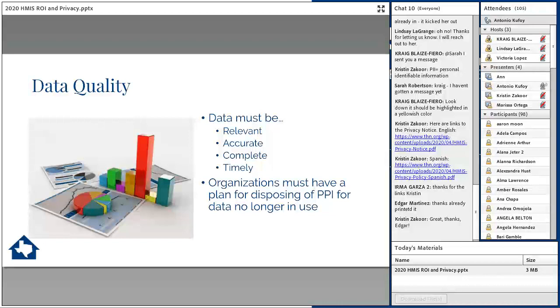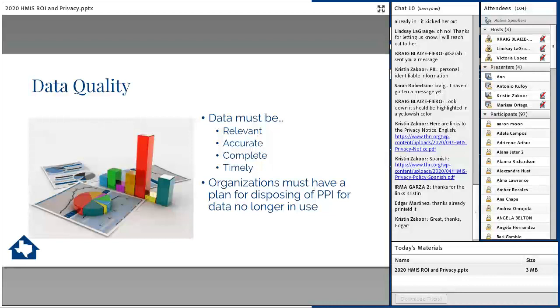This resource is really useful for agencies that haven't quite solidified their UDQ process. It could be new agencies or even agencies that have been around for a while but just want to come back and touch up the UDQ process. You can find that toolkit on the HUD Exchange.